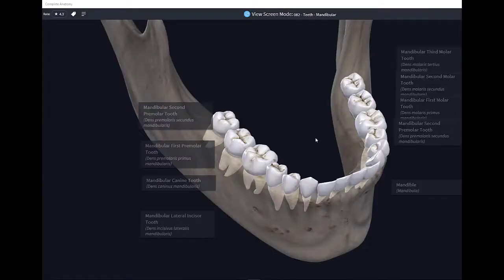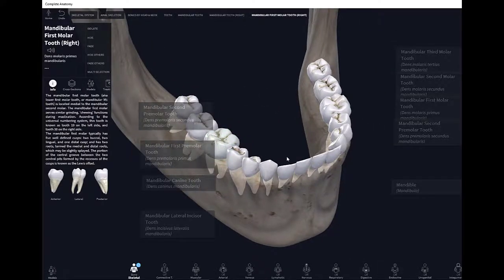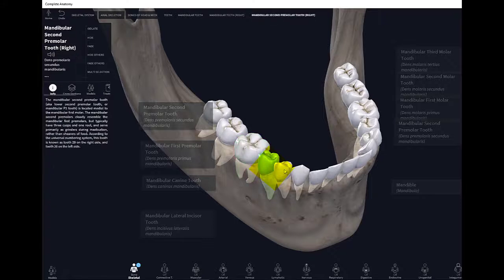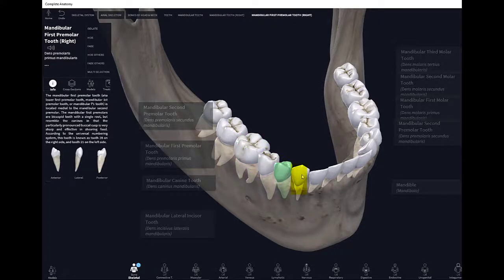If we look at the teeth, we can see that there are going to be 16 permanent teeth in each jaw. 1, 2, 3, 4, 5, 6, 7, 8, and the same on the other side. There are going to be 3 molars, 2 premolars, 1 canine, 2 incisors